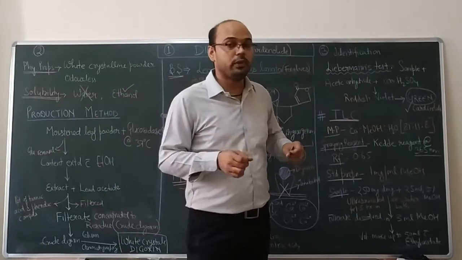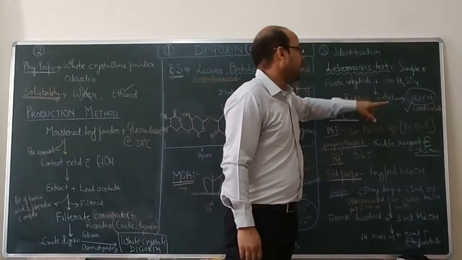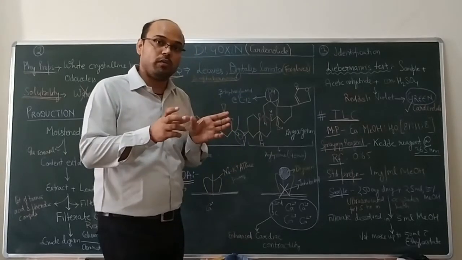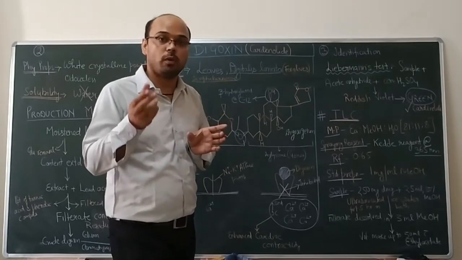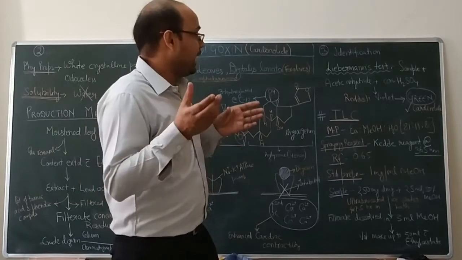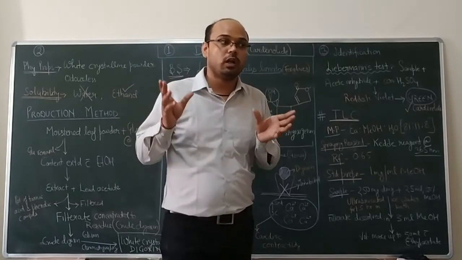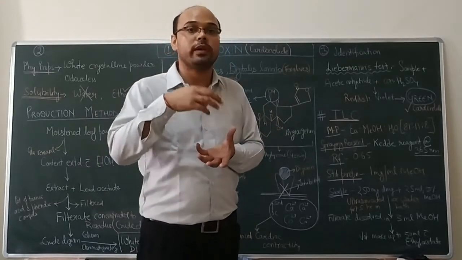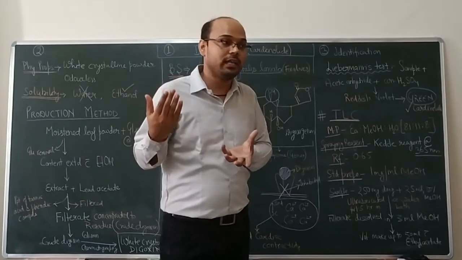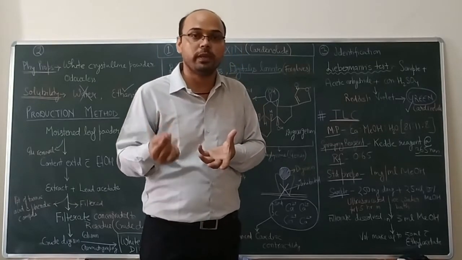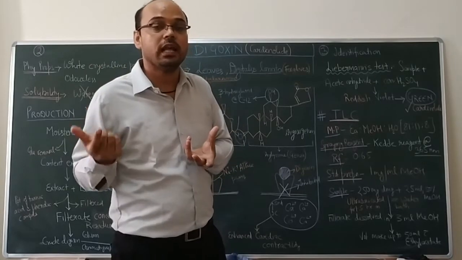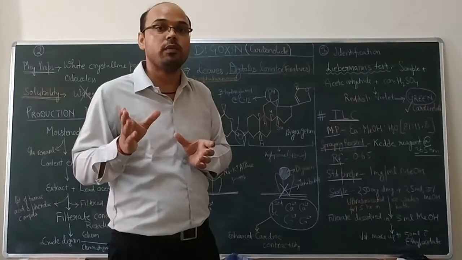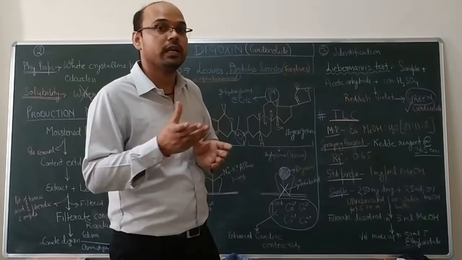In this test, we take a sample of the drug and add acetic anhydride to it. To the mixture of acetic anhydride and the drug, we add a few drops of concentrated H2SO4. Addition of concentrated H2SO4 changes the color of the mixture to reddish violet, which after a few minutes is converted into green color. The appearance of that green color is the confirmatory test for the presence of cardenolides, here digoxin.